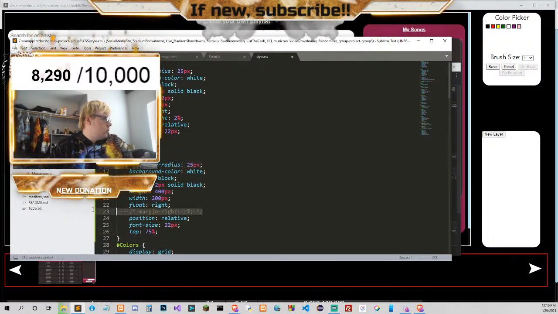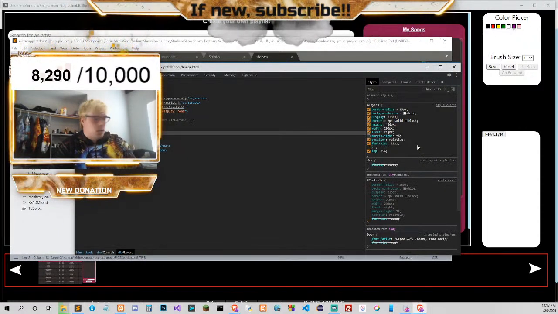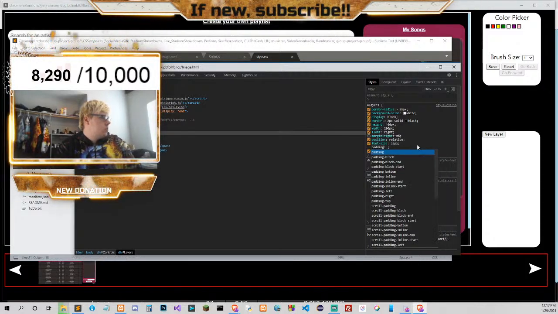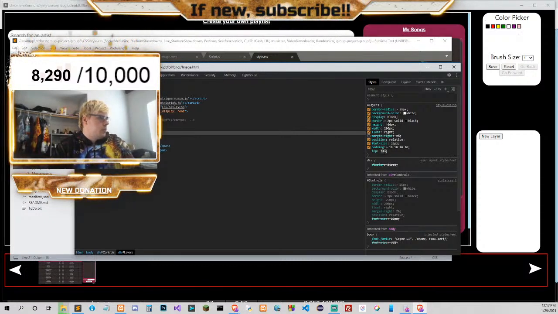Hold on. How will a padding look? I think it'll help. Yeah, that'll help it. And then let me move this up a bit.